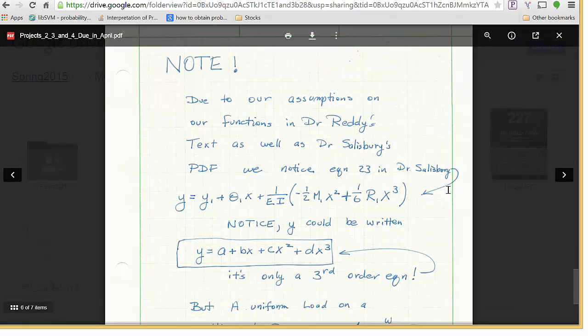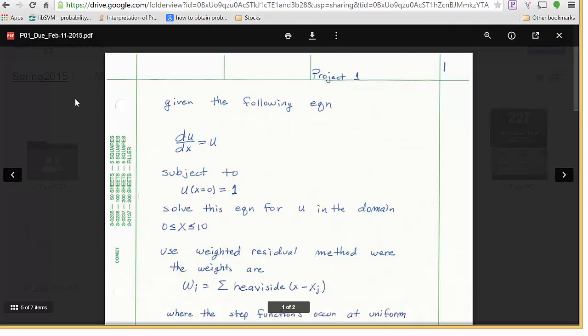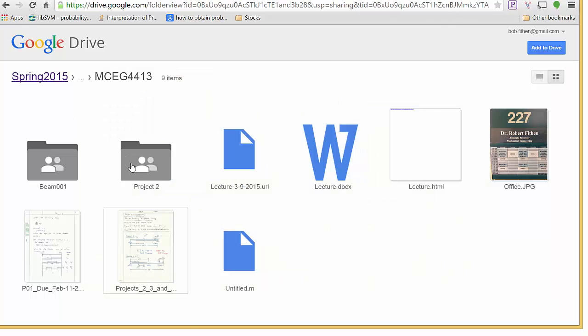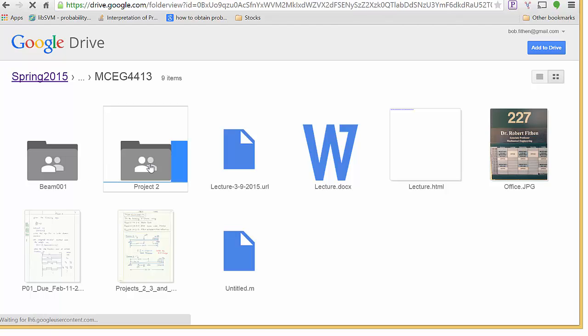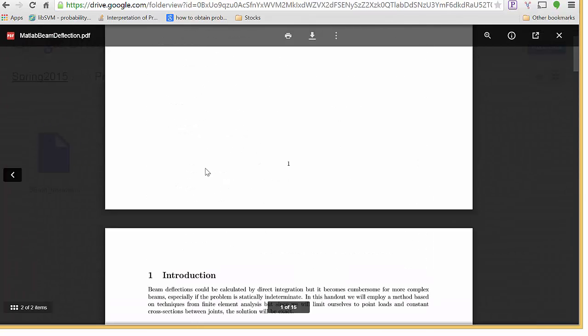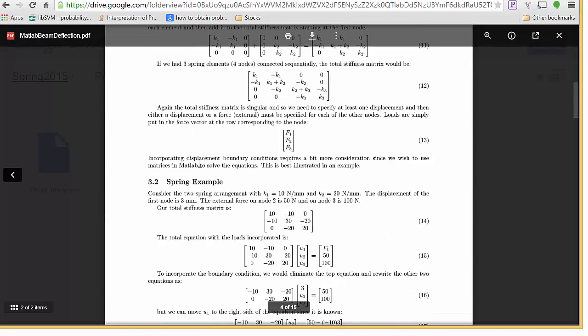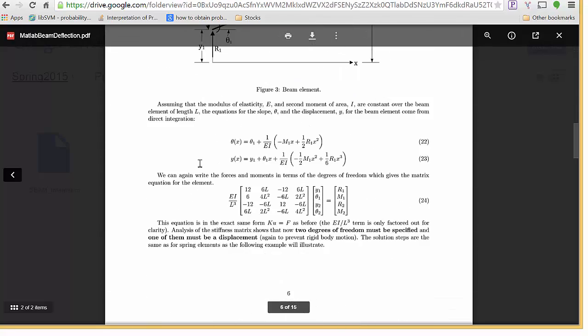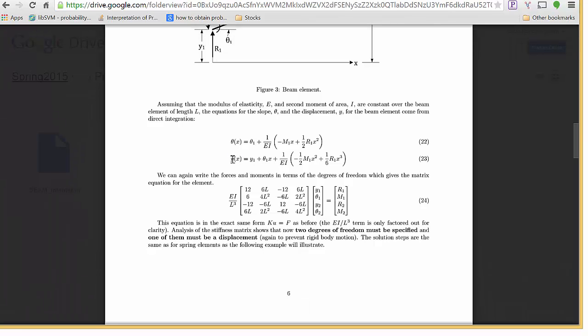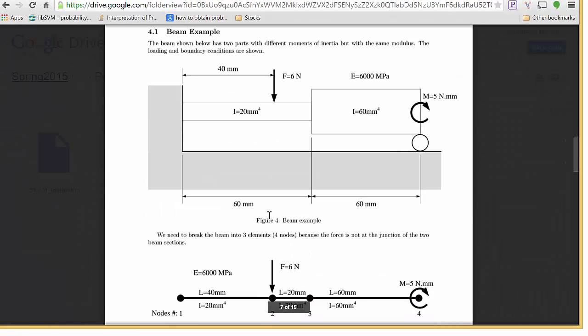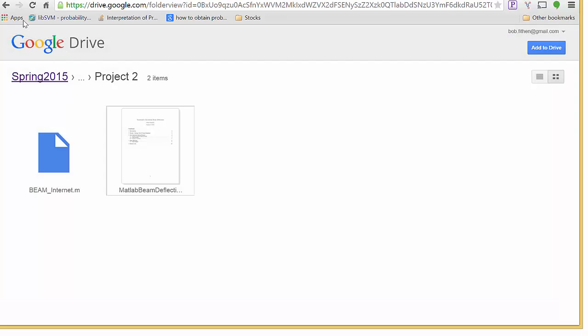If you look at it, you will see, okay, here's his handout. If you look at this equation, 23, the solution it is capable of producing is third order. So here's his example. This is fine until you notice